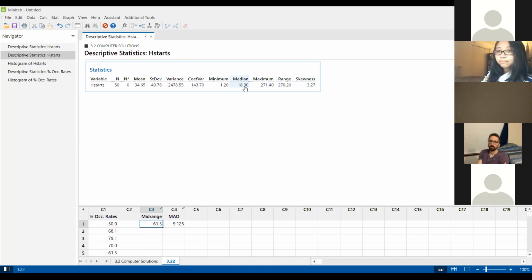All right, and then the calculation for MAD is here also, which I did, 9.125. The problem did ask for the mean, the median, the range, the mid-range, the MAD, standard deviation, and the variance. The one thing you notice here is the mean is bigger than the median and skewness is large, right? So this is definitely right skewed. And again, if you want to double check that, right, to see,